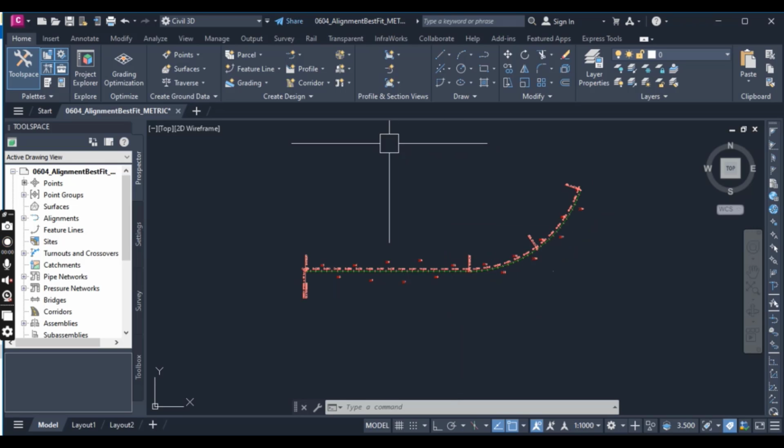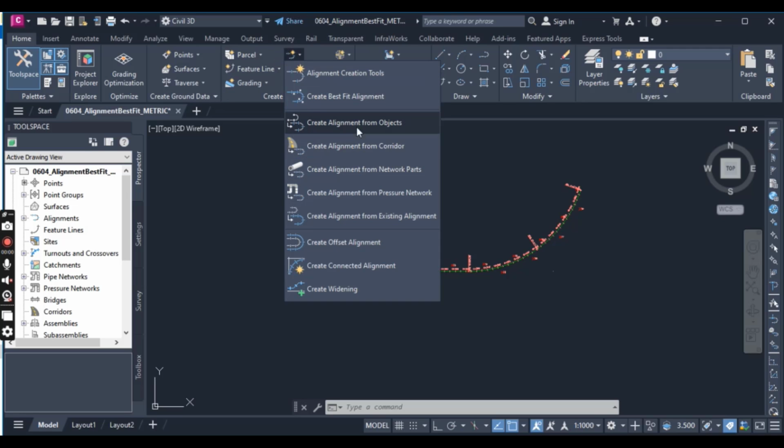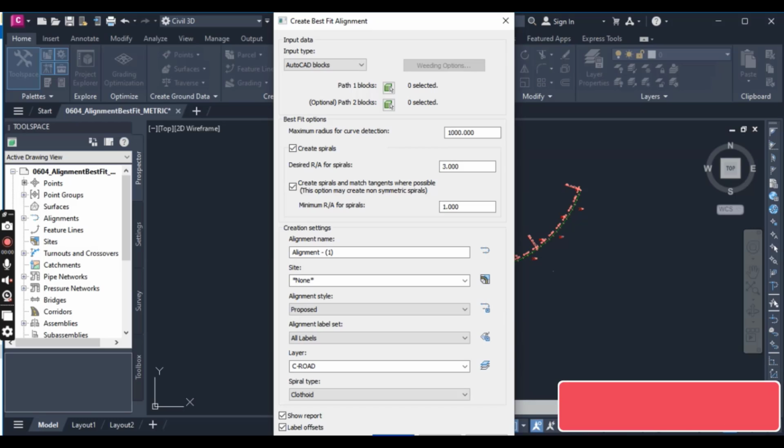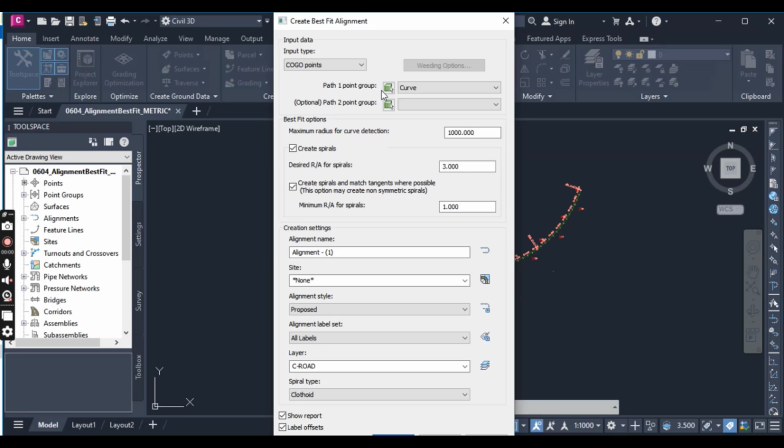From the Home tab, Create Design panel, choose the alignment creation, alignment sections, and here you will see create best fit alignment. The create best fit alignment dialog box will appear. Select the input data type to COGO points, and on the drop down list of the path 1 point group, select all points and then deselect the create spiral checkbox. Change the alignment name to best fit